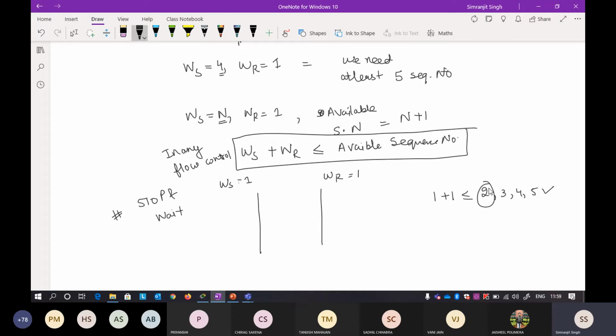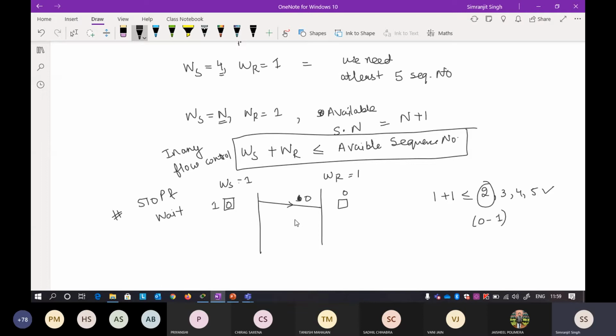Why maximum sequence number 2? It means you can sequence it 0 to 1, 0 to 1. When you are sending a packet from the sender side, it will be sequenced as 0 to 1. Because you can only send one packet in stop and wait, this is your window approach. Now when you send the 0th packet, the receiver window is waiting for 0. Okay, so that is fine.